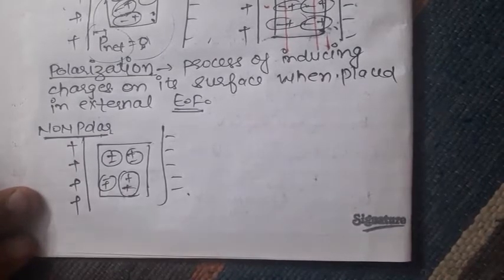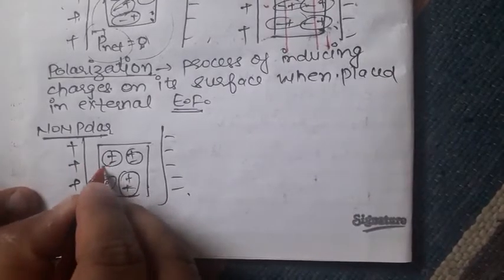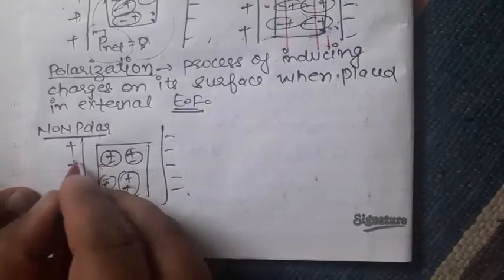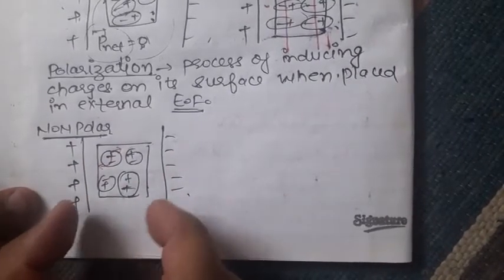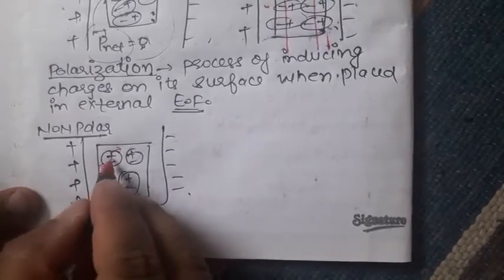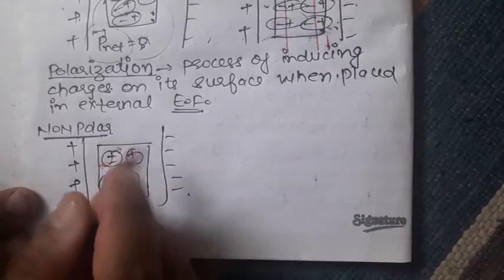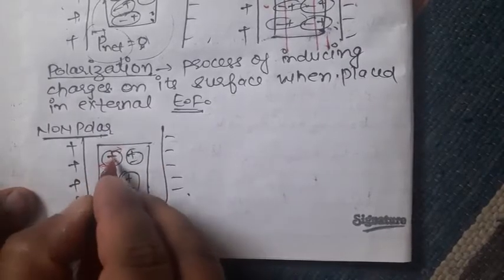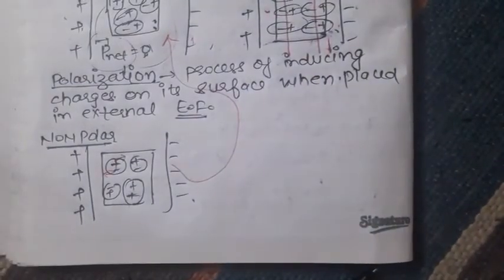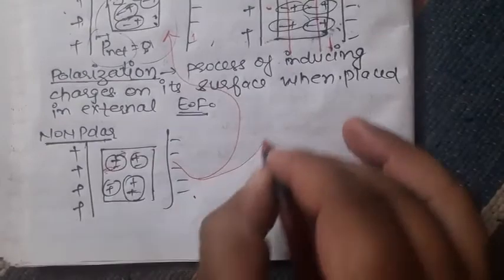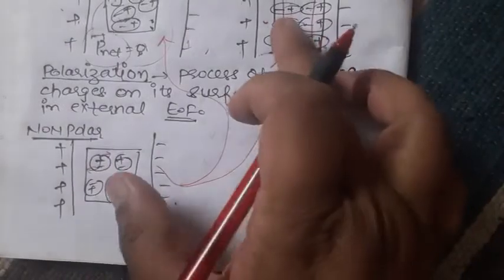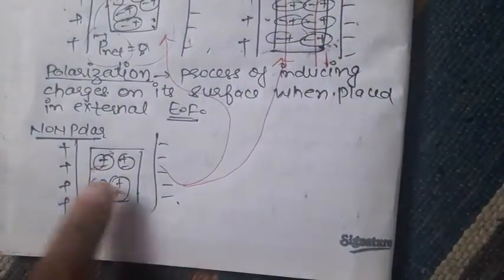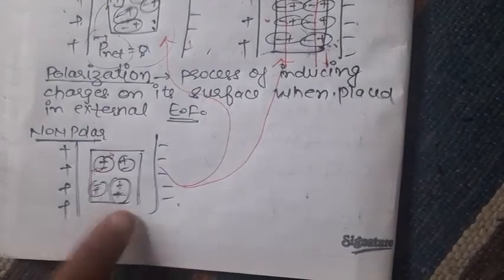Due to this electric field, the negative will try to attract toward positive, or we can say positive will repel. After increasing the magnitude of the electric field, a time will come when the charge will shift by some little distance. But once there is some small distance, the non-polar becomes polar, and it will behave the same as the previous one. So what is the difference between these two? The only difference is that in this case we applied more electric field as compared to that case,